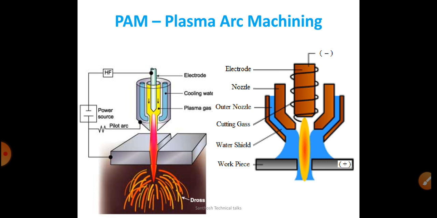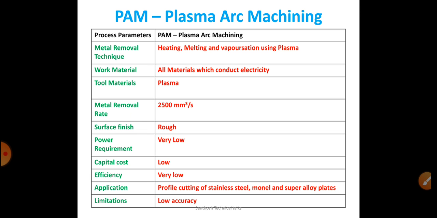The plasma gas is used, and the plasma arc is generated from the gas by means of electrodes. Here the process parameters of PAM: the metal removal technique is heating, melting and vaporization by using plasma,